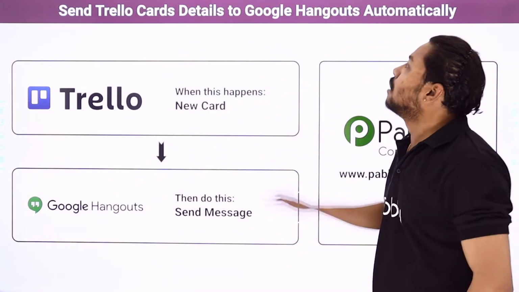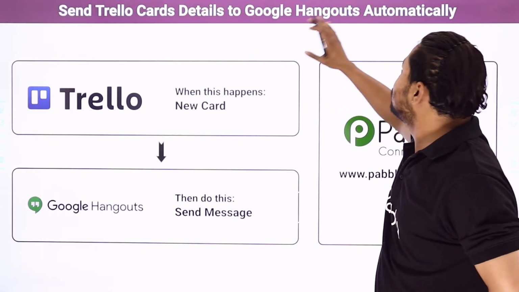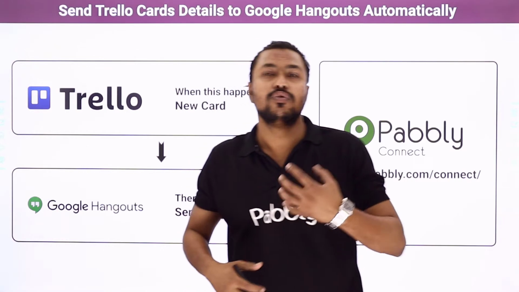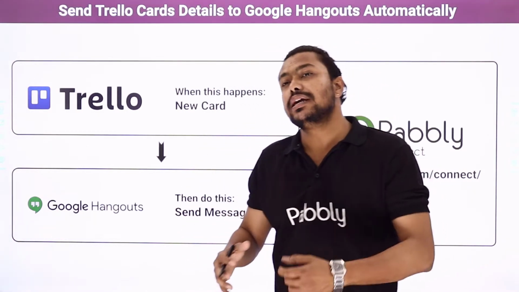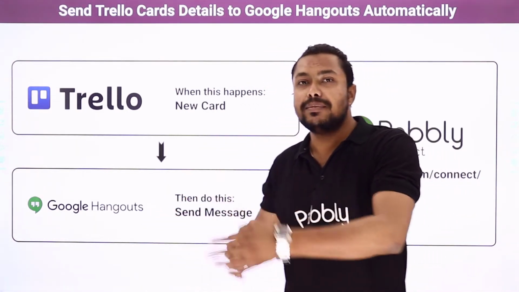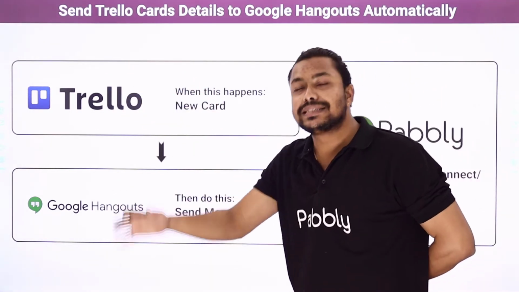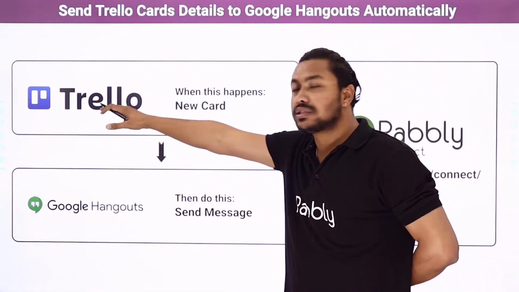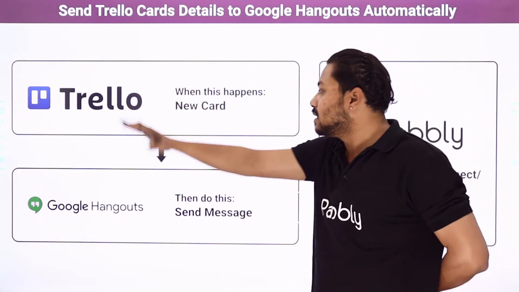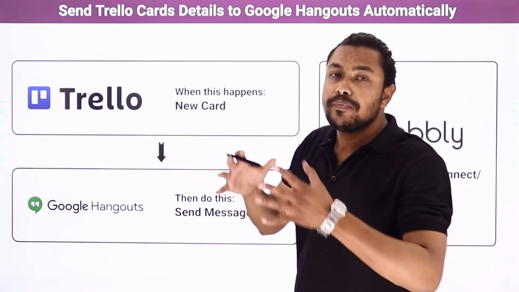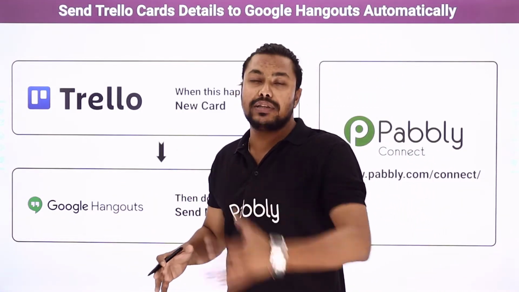So today I am going to tell you how you can send Trello cards details to Google Hangouts automatically. Now suppose you have a team and you want to assign them work. So what you can do, suppose you have A member, B member and C member. You can create cards with their name and assign them particular tasks through those cards, and then you can send those messages to your Google Hangouts automatically, so you do not have to remind everyone separately about their tasks or